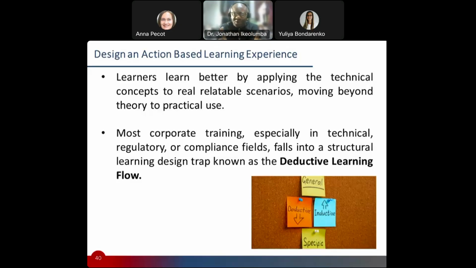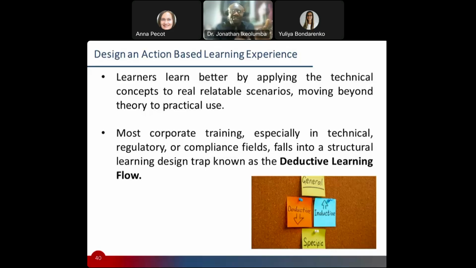So we have what we call the deductive learning approach. Then we have the inductive learning approach. I'll speak to what it means. Deductive learning approach is you start by explaining the theory, the rules, and the concepts, and then people apply, which is typically what we find in terms of how we learn in school, rote academic learning. We are taught, and then you have to go and apply.